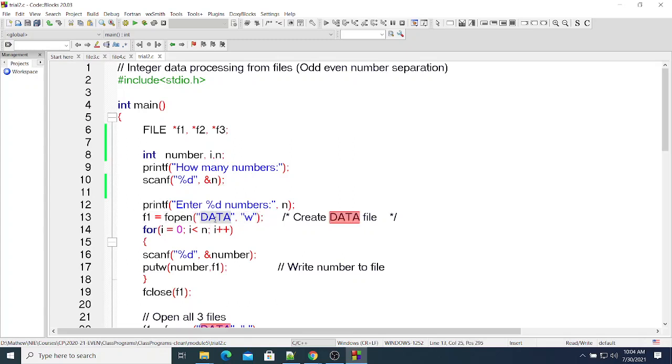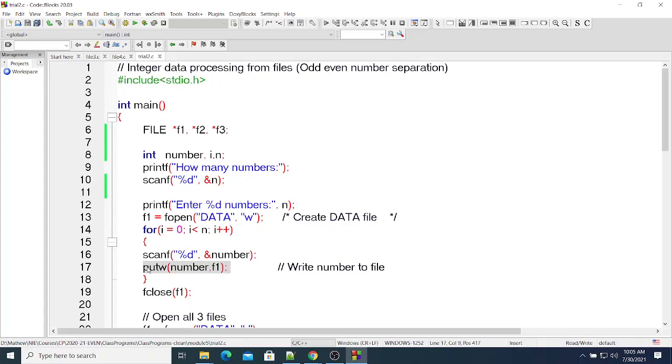That file name is data. Whatever number we are getting from the user, we immediately write it into the file represented by f1. So we open the file and assign the address of the file to pointer f1, and whatever numbers we are getting,